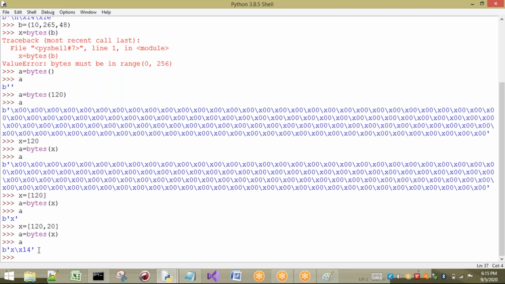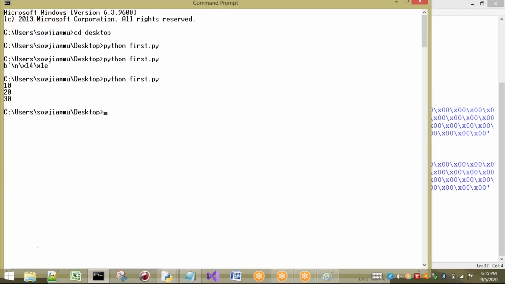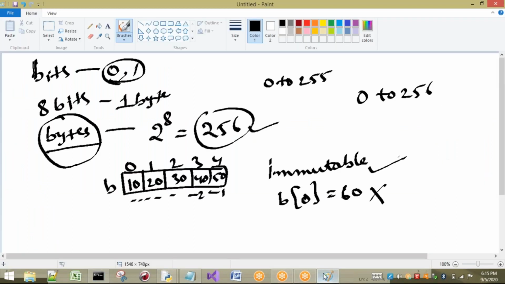If I want to store a string in the form of bytes and print that, before going to that, I want to show you how internally it is going to store the values by indexes. Let us see here. Already I have shown you -1, -2, this is -3, this is -4, this is -5, for example. What is the point I have discussed about this one? It is immutable. That means once the value is inserted into this, we cannot change the values.